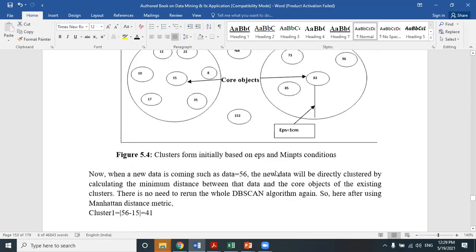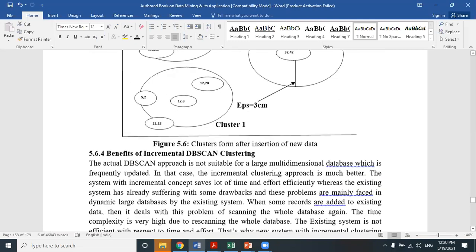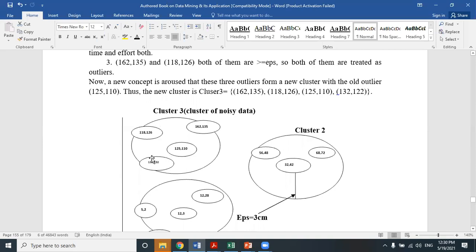Now, one thing that I need to tell you: in such a way, while you are forming the clusters, look at this figure very carefully, all these data are actually outliers generated from the new incoming data, and these clusters are unable to insert those data because the epsilon property does not support it.